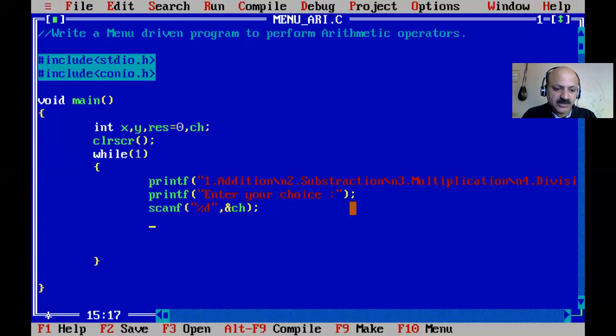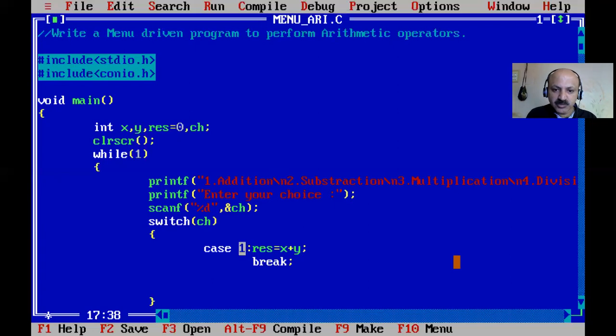Now we can take the switch case. Switch case is also a decision statement, and it is branching, like a real tree with a root and a number of branches. So here switch is the root and the cases are the branches. Here we can take the first case with an integer constant 1, for the addition operation. So res equals x plus y. That is our addition, and then use the third keyword, break. So switch is a keyword, case is a keyword, and break is a keyword.